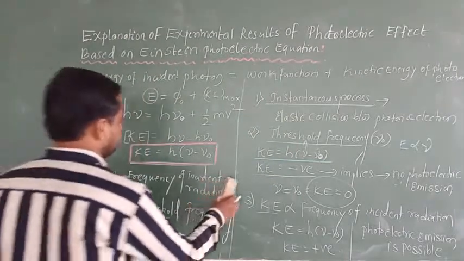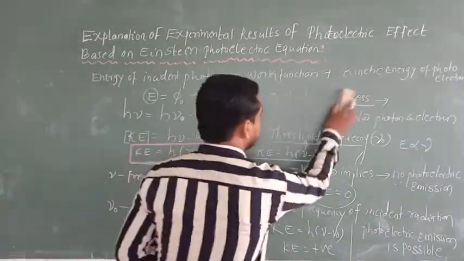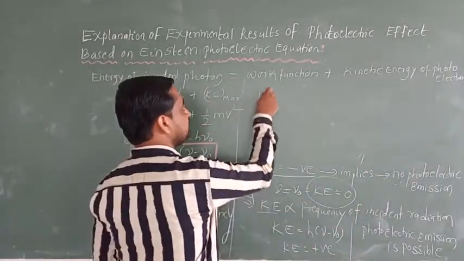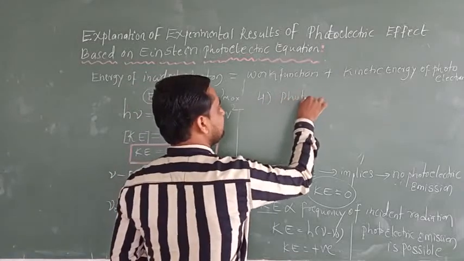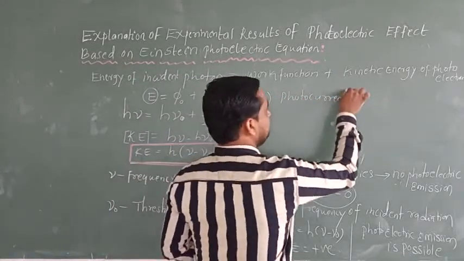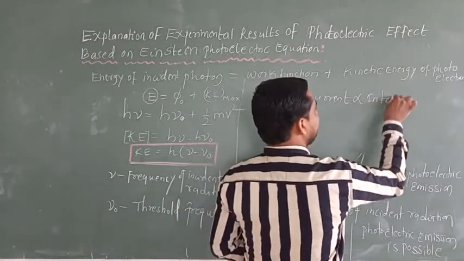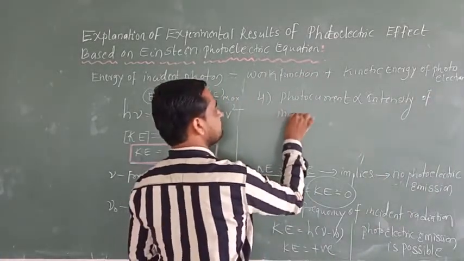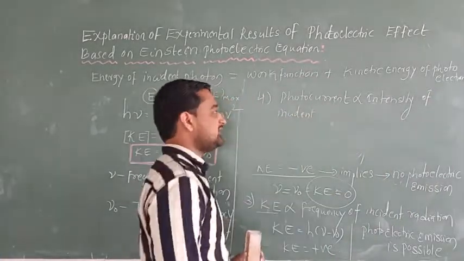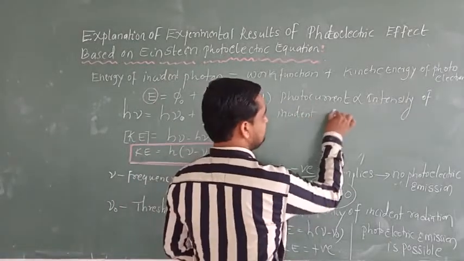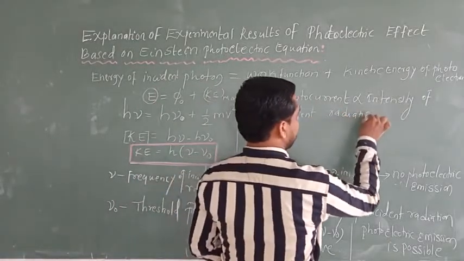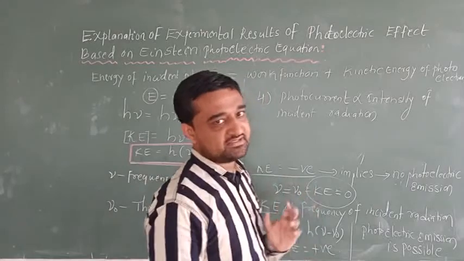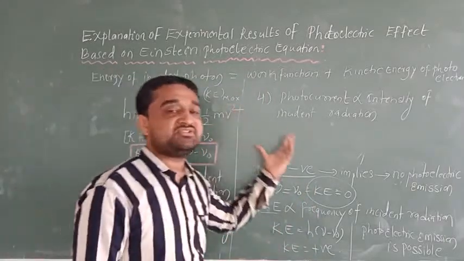And one more result that we are going to explain here, that is the photoelectric current. Photoelectric current or photocurrent is directly proportional to intensity of incident radiation. So what is the reason for this? So as we have discussed in the properties or characteristics of the photon, more the intensity, more the number